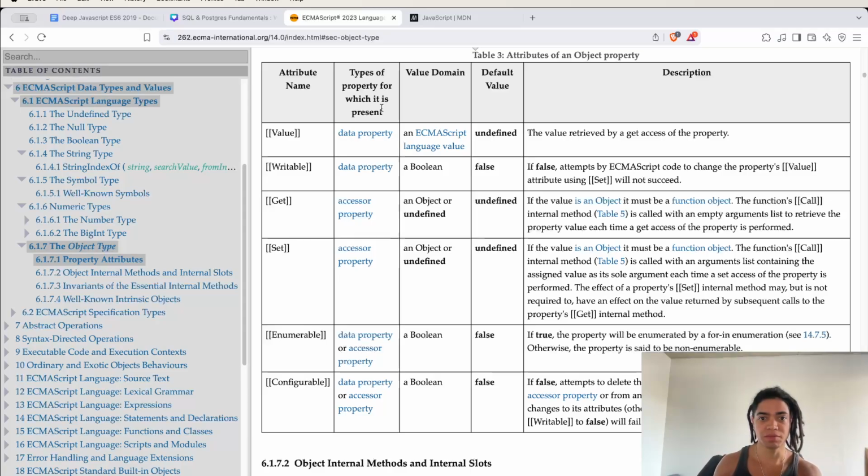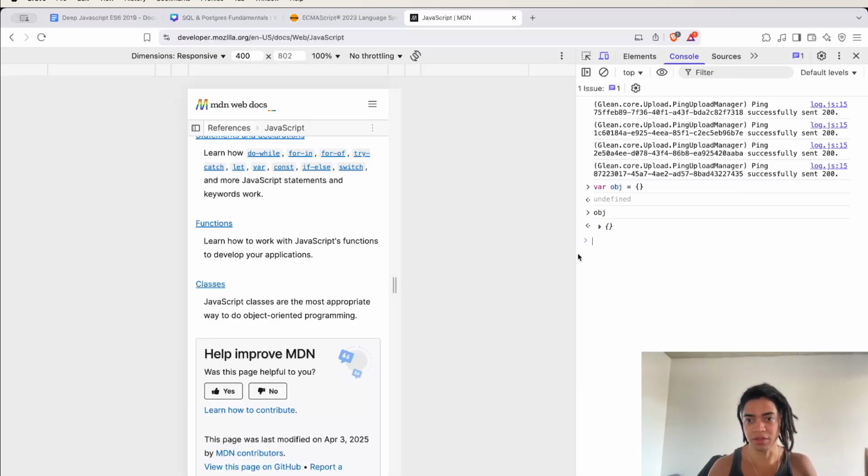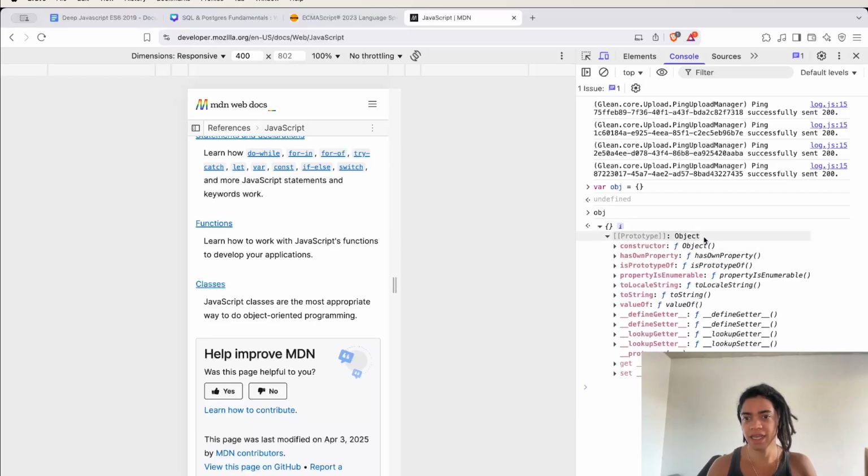The type of property that is present: data property, accessor, or data property accessor, right? So you may wonder, how can I access this? All right, because at the end of the day, this is just a simple object, and it has something funny here. It has a prototype, which is a property that points to, before we had something called dunder proto. But again, this prototype is something that we're going to see later, but I know what it is, which is a reference